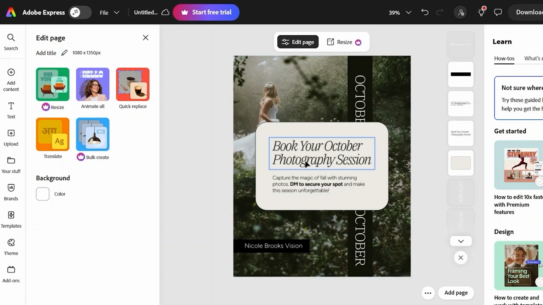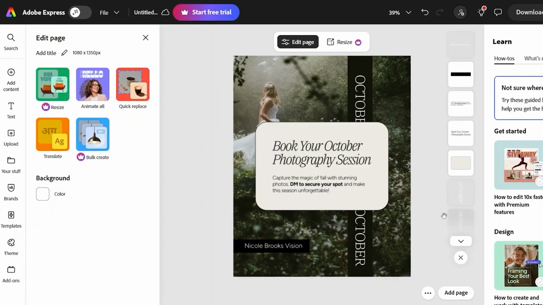So just going over all the things that I had to keep in mind. We are supposed to add in text and images and any icons that we need, any kind of personalization. So I've added in my account name. And then what else I need to keep in mind is keeping the design simple and clear. And then I also had to keep in mind to focus on one main message or a call to action